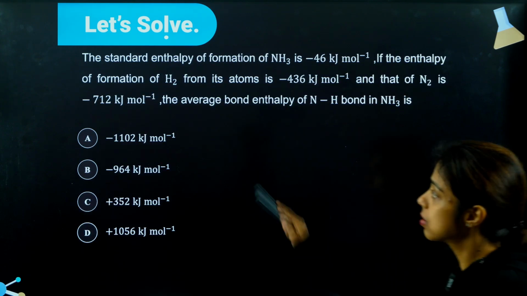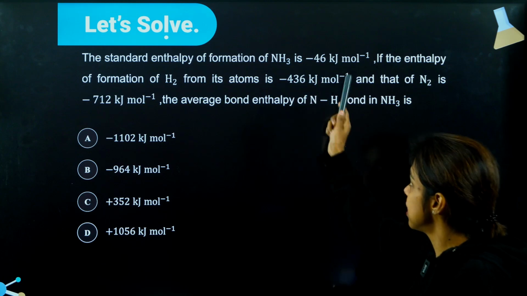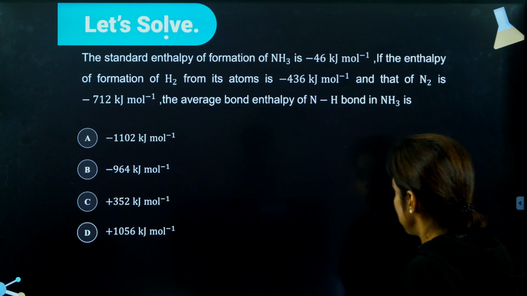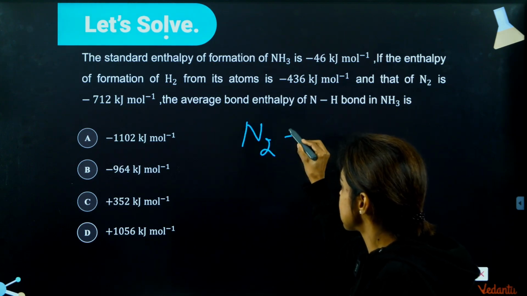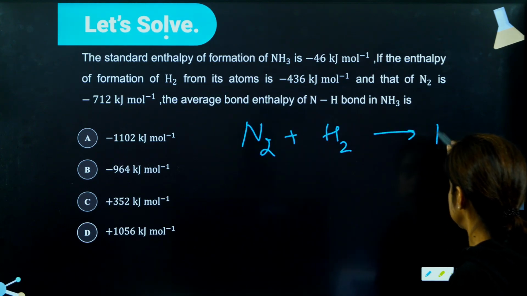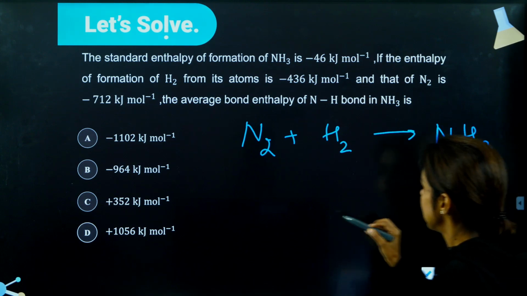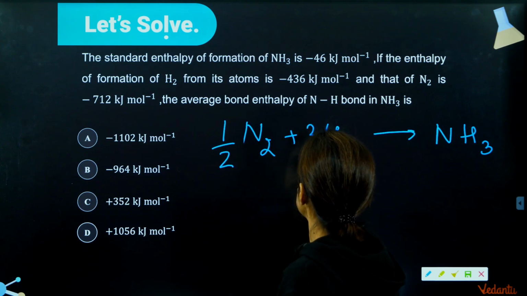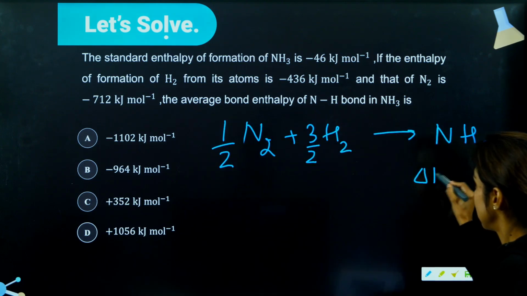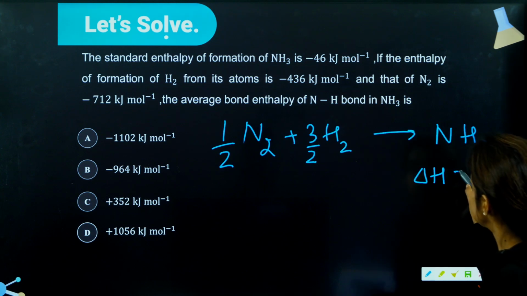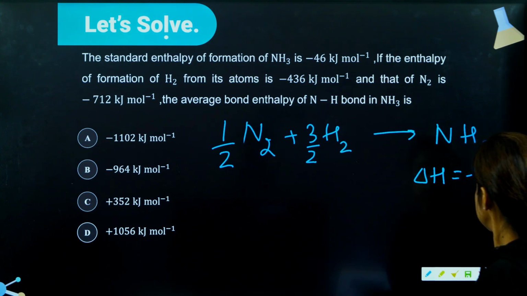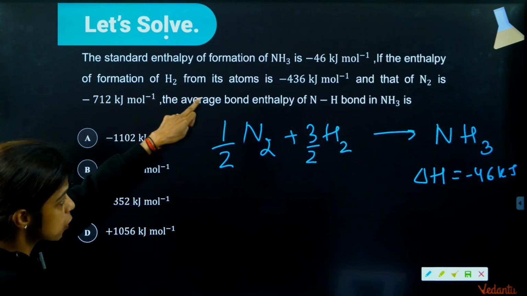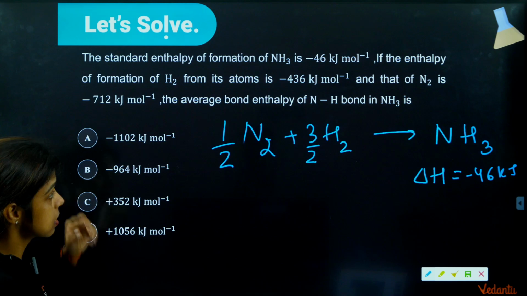Now the next question is, the standard enthalpy of formation of ammonia is -46 kilojoule per mole. Ammonia N2 plus H2 gives NH3. So for 1 mole, we are supposed to write, this is 1/2 here, this is 3/2, right? So when 1 mole of ammonia is formed, the enthalpy change is -46 kilojoule per mole. Now, if the enthalpy of formation of H2 from atoms is -436 and that of N2,